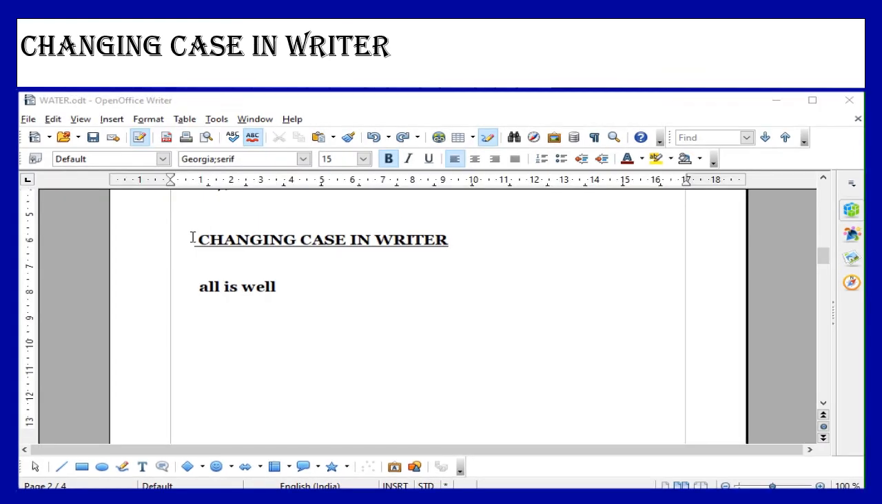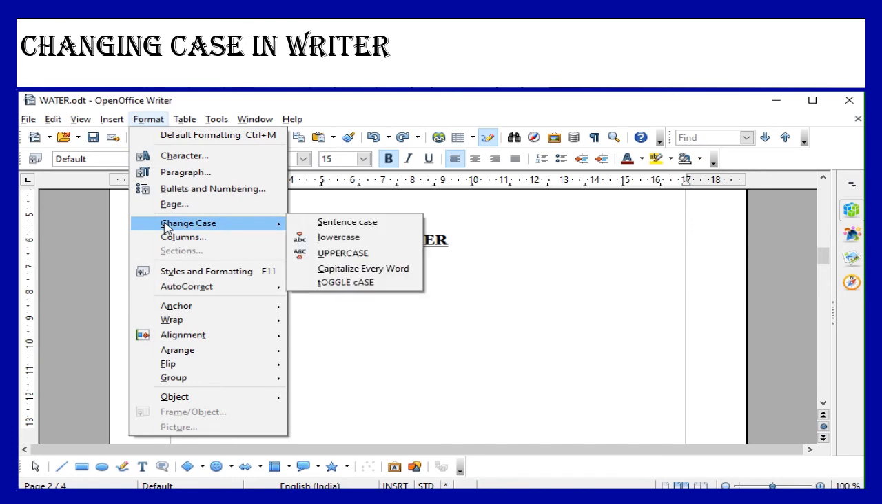Now let us see about changing case in Writer. Say for example, you have created a document in which all the sentences you have typed in small letters, but now you want to change it into capital letters. So in such cases, the change case option will help you, children. So select the sentence or text or word that you want to change, go to the Format menu and select change case option. Children, there are 4 main types of case conversions, that is lowercase, uppercase, capitalize every word,